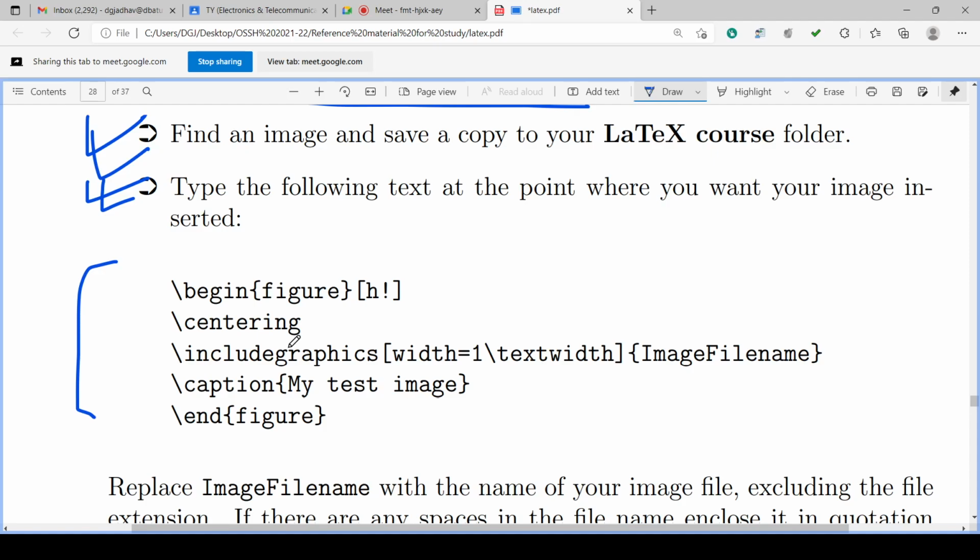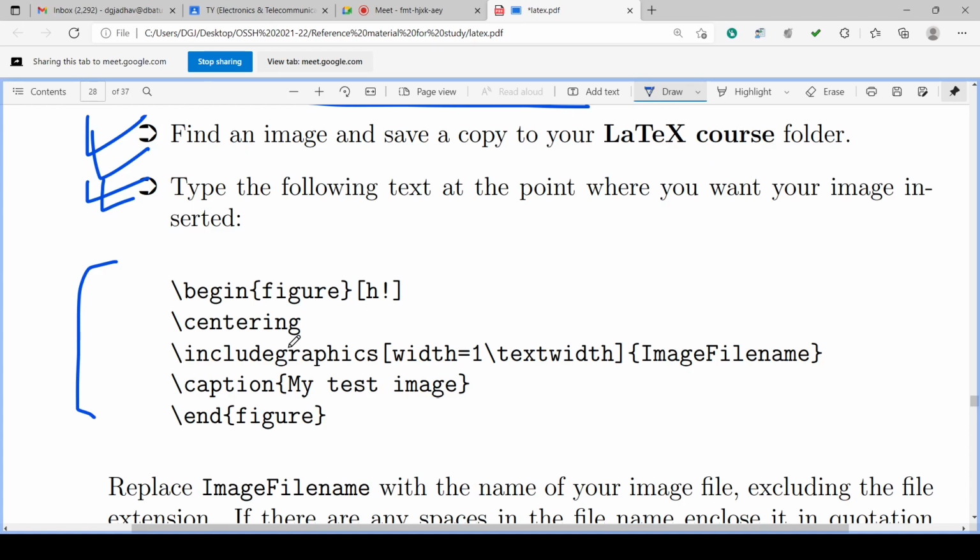So here means at that location, and the exclamation mark is overruling the rules of LaTeX. Then there is backslash centering. Generally backslash centering is useful because the caption is centered, so the figure must also be center aligned.